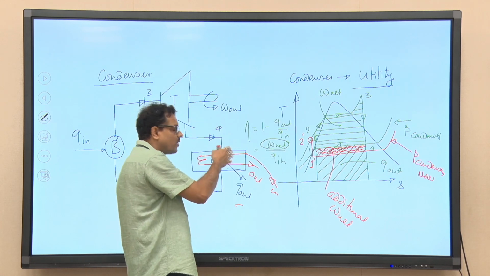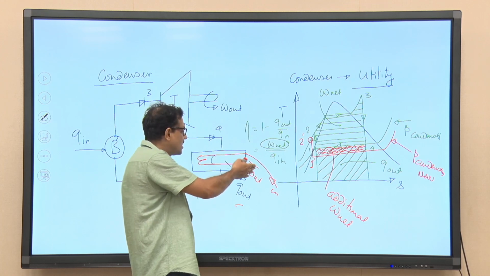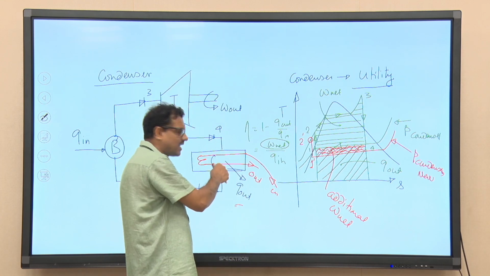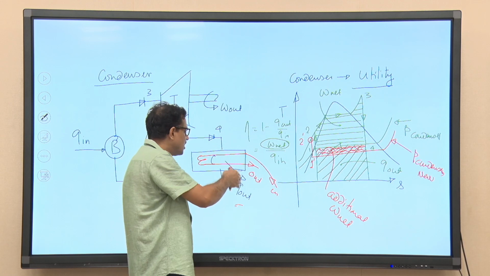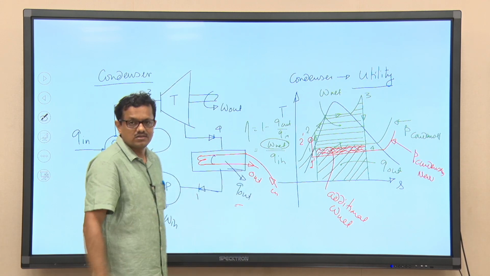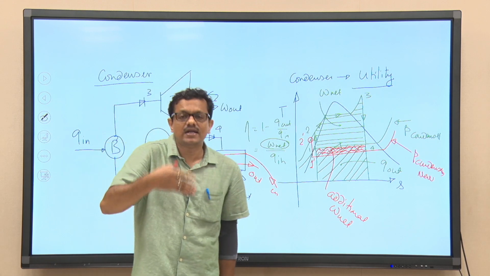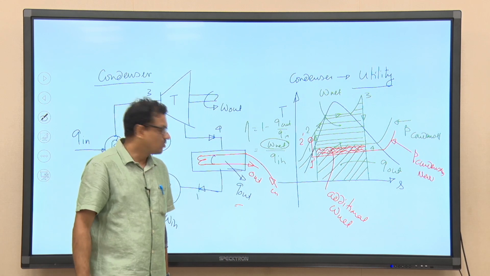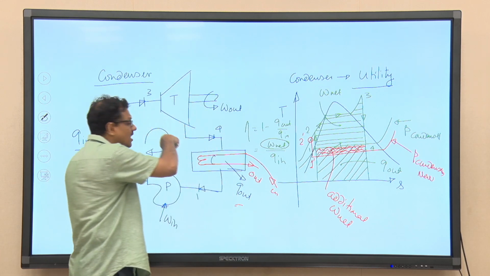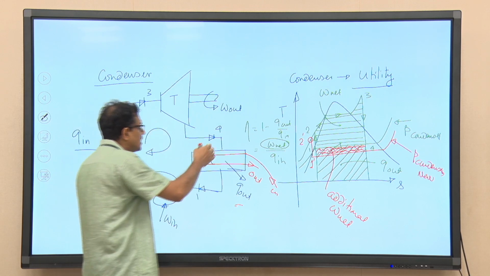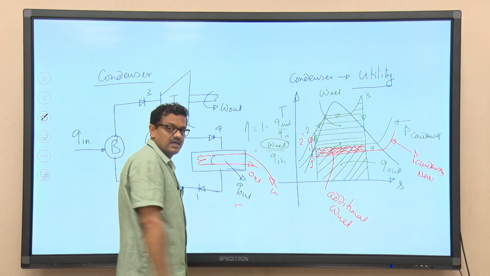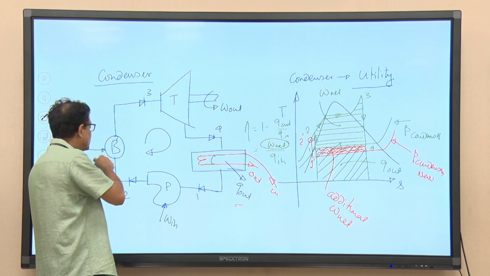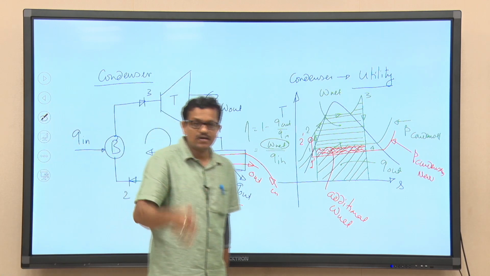So, whatever may be the case, whether it is direct type, that is coolant is allowed to mix directly with the steam, or indirect type, that is coolant is allowed to pass through the pipe and steam is allowed to pass over the pipe, in both the cases we will be having heat loss, and this heat loss is due to finite temperature difference, and it will lead to the external irreversibility of the system. Okay. So, though all the processes are internally reversible, because of the heat loss here, and heat gain into the system due to finite temperature difference, these are external irreversibilities.